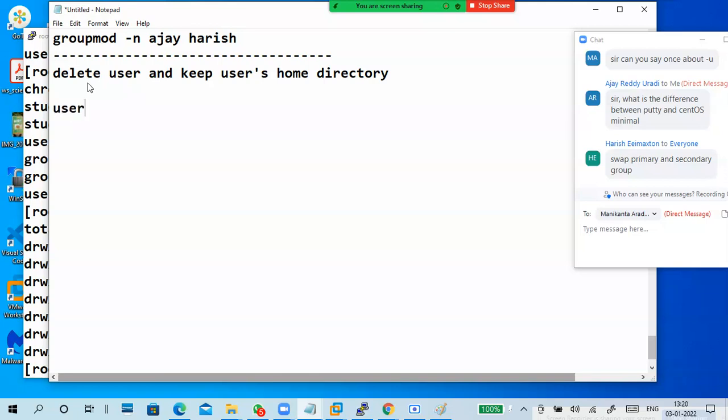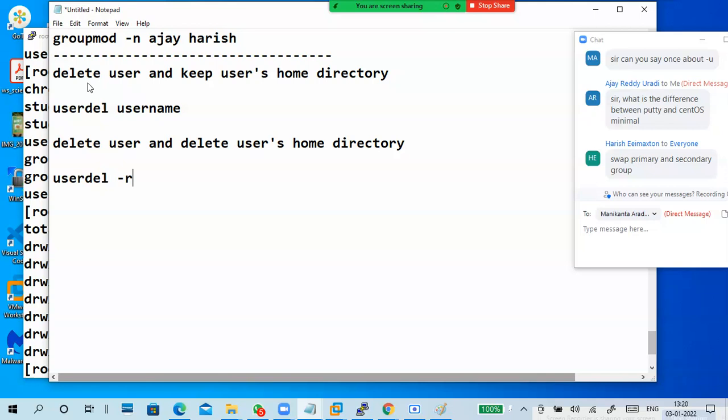It's very simple: userdel and username. And to delete a user and delete the user's home directory: userdel -r username.